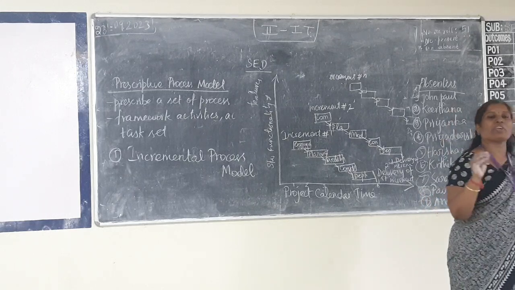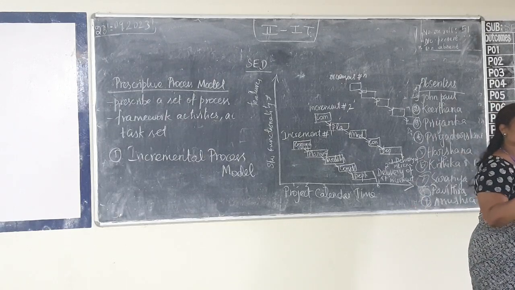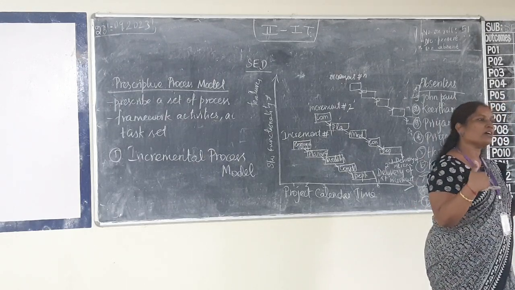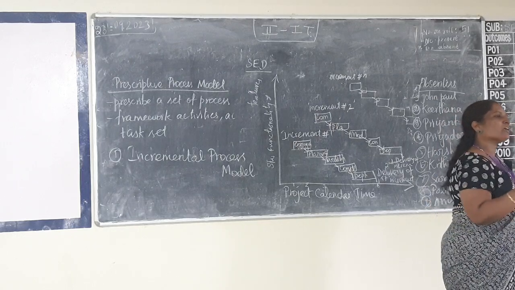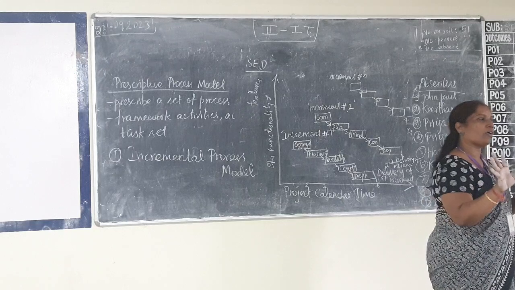Okay, so when a person is not at all having a phone, he has no expectation. He only wants to make a call. So for him, if you just give a mobile phone with the feature of making a call, he'll be very happy.